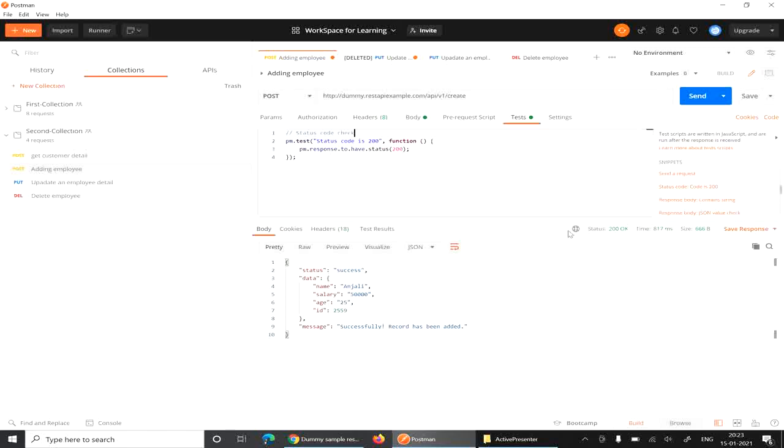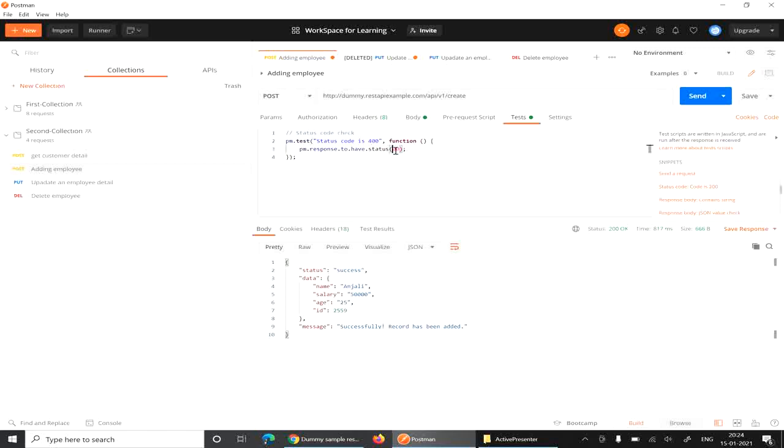If you want to check a negative status code, as there are many scenarios in your project, you can just change it: if your status code is 4xx, you can change it here and here as well.